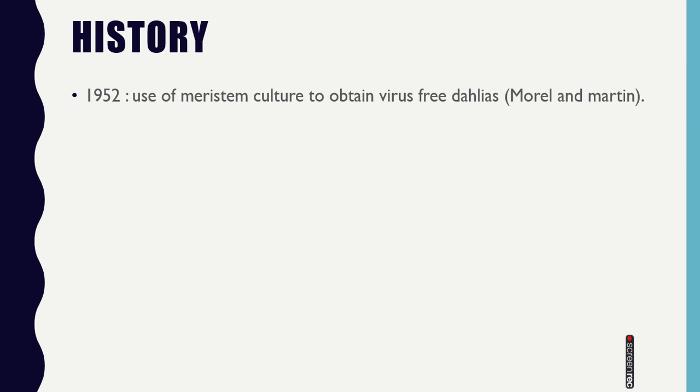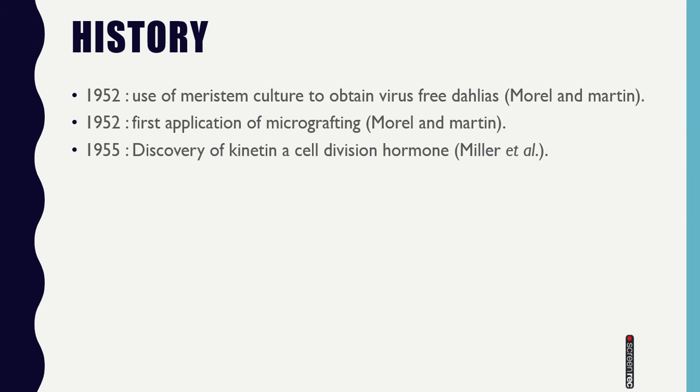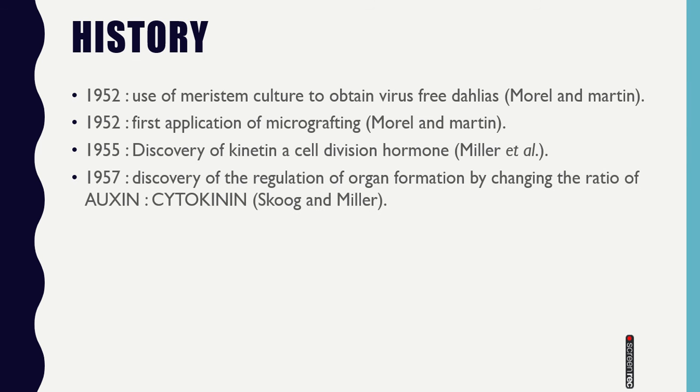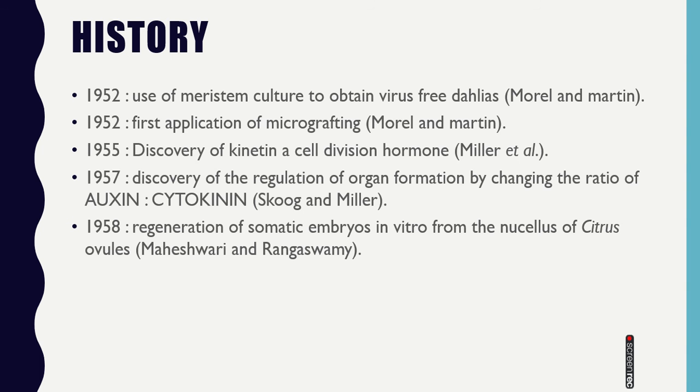In 1952, use of meristem culture to obtain virus-free dahlias by Morel and Martin. In 1952, first application of grafting in vitro by Morel and Martin. In 1955, discovery of kinetin, a cell division hormone, by Miller. In 1957, discovery of the regulation of organ formation by changing the ratio of auxin and cytokinin by Skoog and Miller. In 1958, regeneration of somatic embryos in vitro from the nucellus